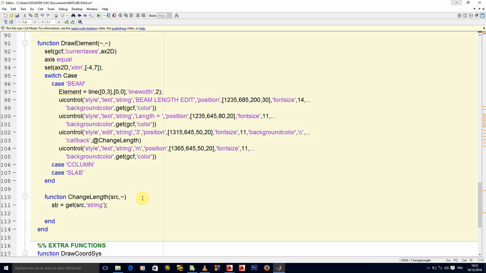So there are some conditions that we will need to check. To use that particular variable, we will need to convert it to be of numeric type in MATLAB, because here it will be of type character, right? We will need to change it to be of type numeric, so that we can use it to actually change the real length of our element to become the new one.